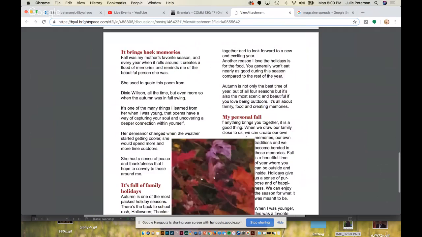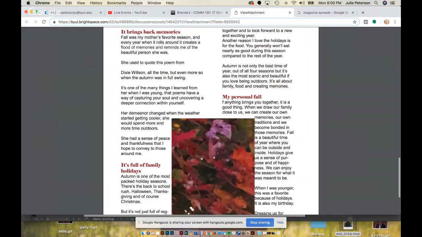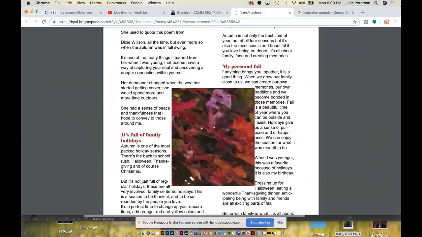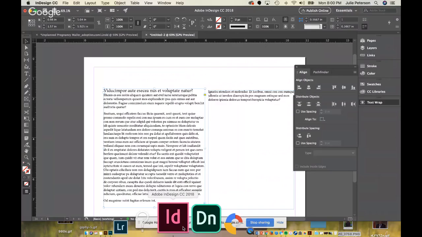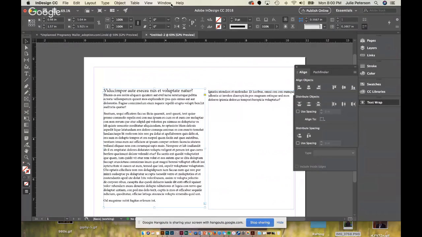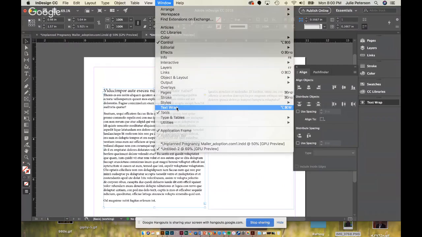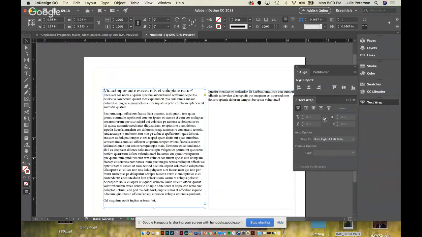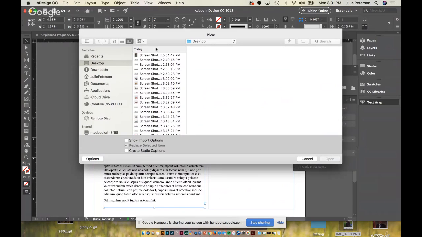And then make sure that your text isn't too close to your image. So when you go into InDesign, if you've applied a text wrap, I go to Window, I pull up my text wrap option right here. Just click on your image and then increase the top offset right here. If you just press up, it'll start bringing, let me see, Command D, I'm going to place an image in here. Just ignore it, it's a screenshot.